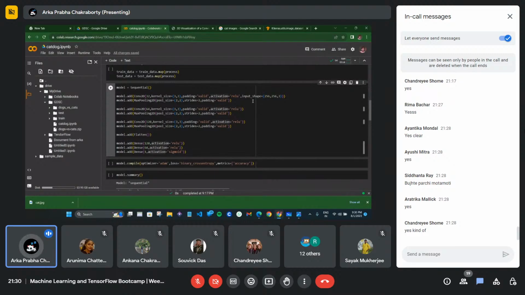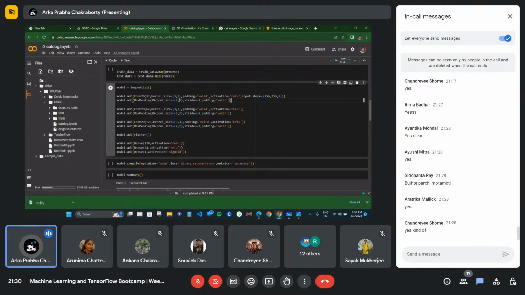So to generalize every image, I am considering this value, 256 by 256. And why am I taking this 3? This is nothing but for the RGB value. RGB means a color photo, right?